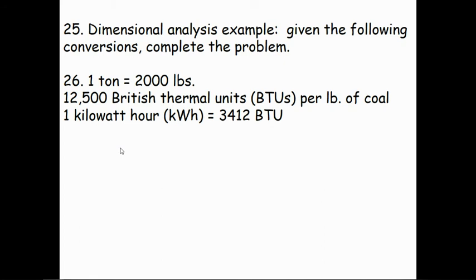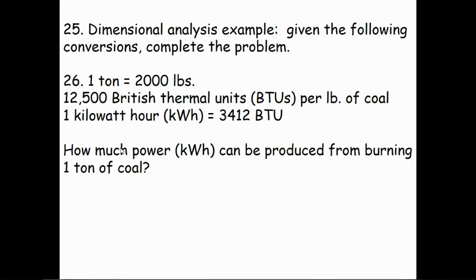So 1 ton, you're going to need to know, equals 2,000 pounds. British thermal unit, or a BTU: 12,500 BTUs per pound of coal. 1 kilowatt hour, abbreviated as kWh, is 3412 BTU. So that's the given. All right, so how much power in kilowatt hours can be produced from burning 1